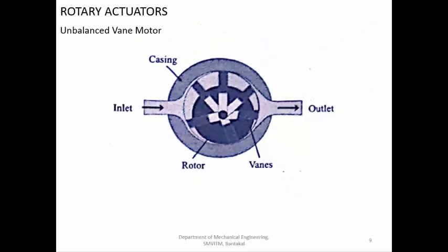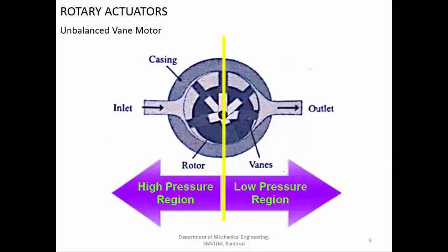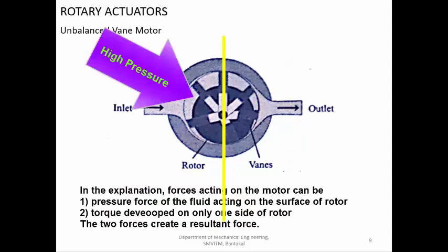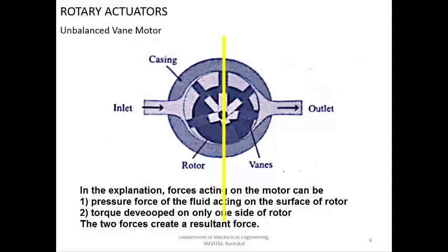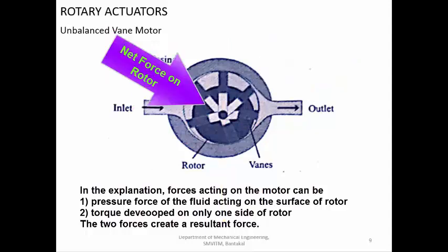So what is the specific feature of this particular vane motor? Now this one is called an unbalanced vane motor. Now the question is why it is called an unbalanced vane motor. So now you can see the figure. On one side you are having high pressure, on the other side you are having low pressure. So on this entire area, high pressure air is acting, which means you are having forces acting in this direction on the rotor. On this side there is no pressure or low pressure, so there is no force. So effectively, if you are drawing the resultant force, it will act somewhere like that.